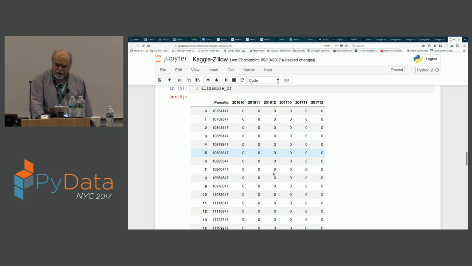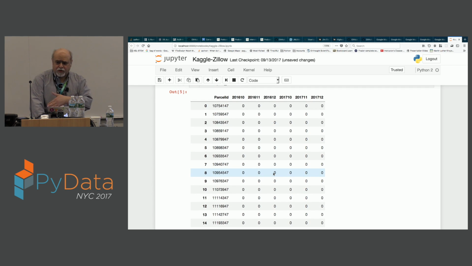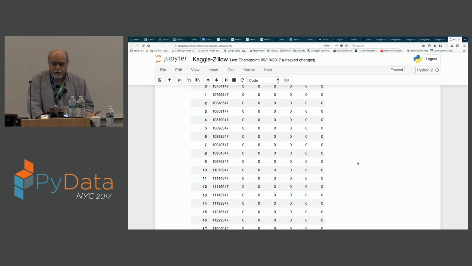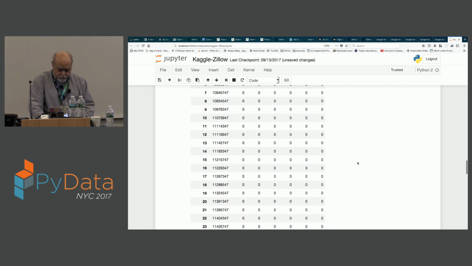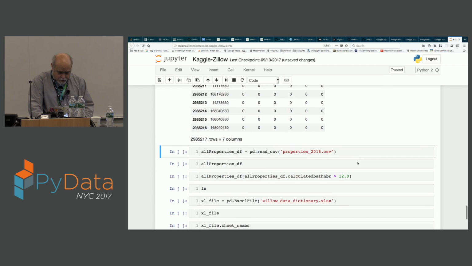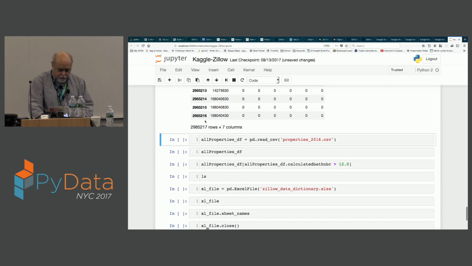So what they're wanting you to do is come up with estimates for prices, depending on which quarter a house actually went on the market, to predict prices, right, in the future. So they weren't asking you to create the past. They're asking you to create the future. And there are like 2 million properties in this property database.